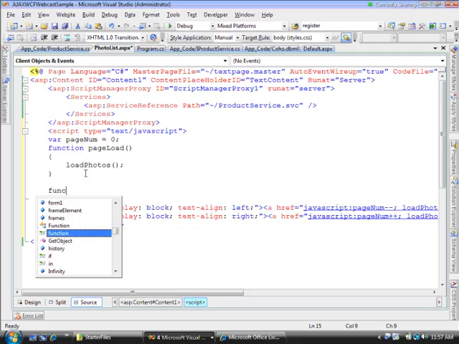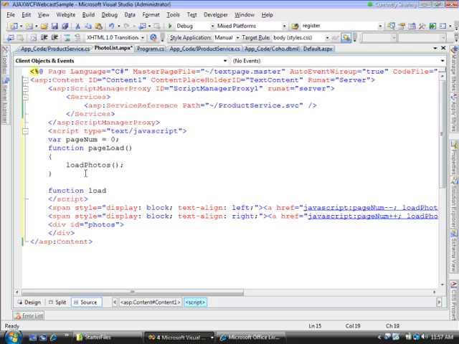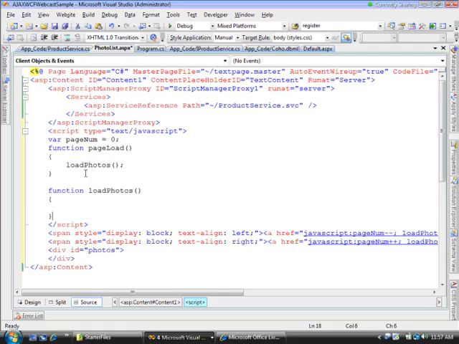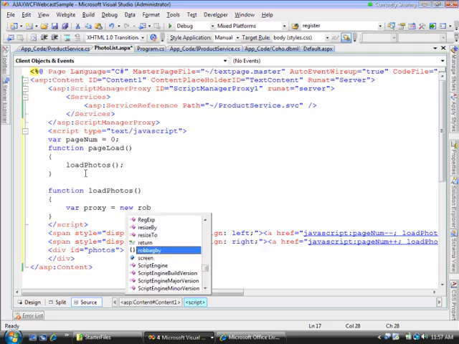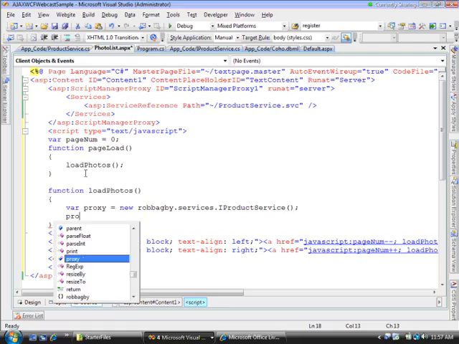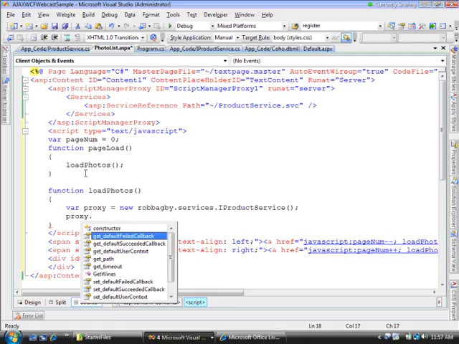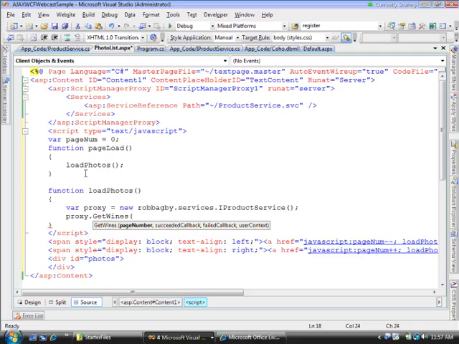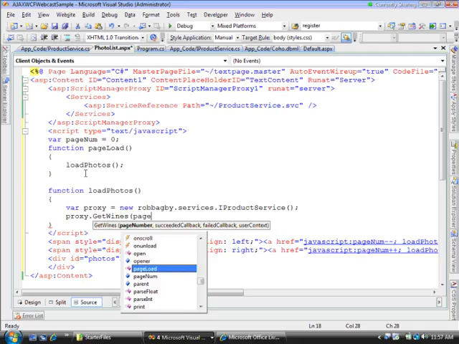And then down here I want to do function load photos. And then inside of here I want to create my proxy. So I'll do var proxy equals new Rob Bagby, and there's the IntelliSense. You see I'm even getting IntelliSense on my proxy that gets dynamically generated for my service. So I'm actually creating an instance of that proxy that represents my service, and now we should see a proxy.getWines. And you do see that getWines, and there's the page number parameter that it's expecting. So we do page num,